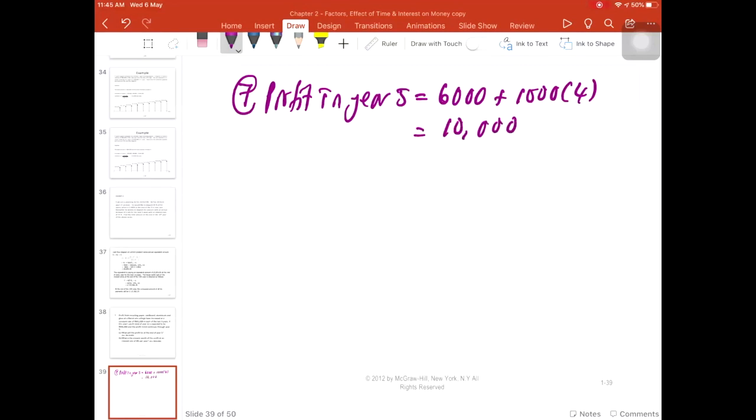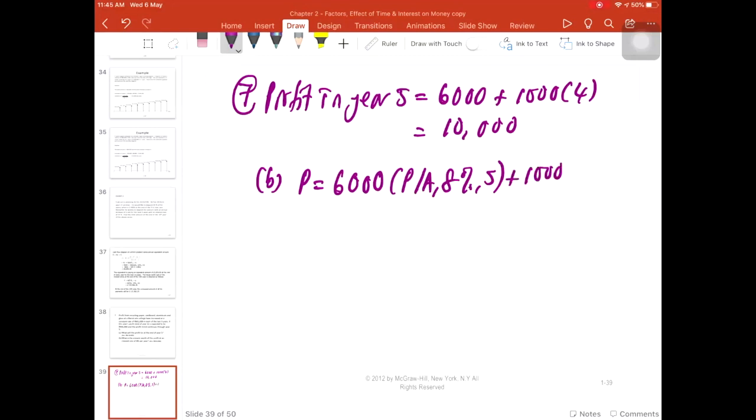Okay, for the B, you have to find the P. Okay, let's begin. 6,000 P/F 8% 5 plus 1,000 P/G 8% 5. Okay, so we get